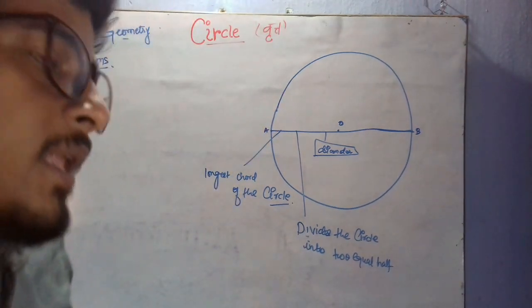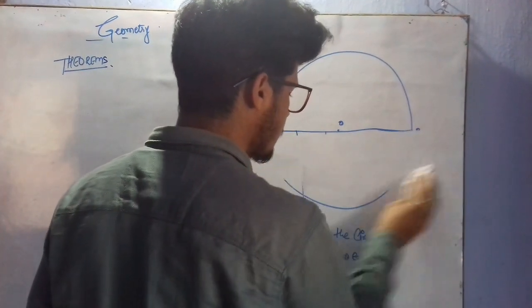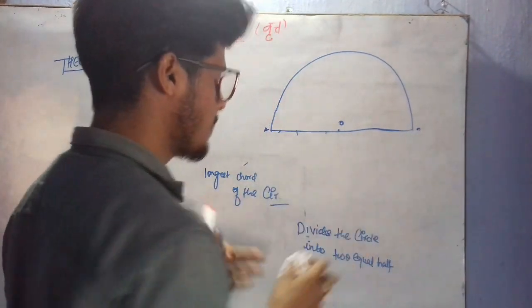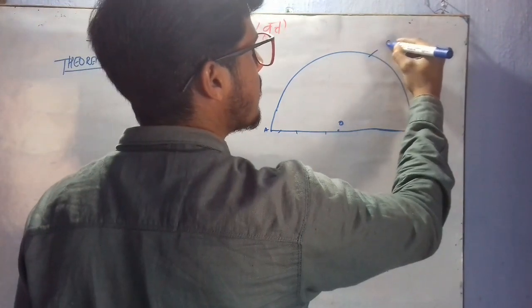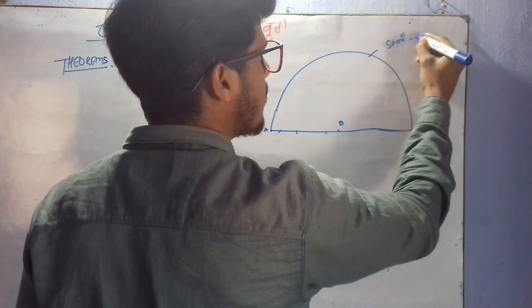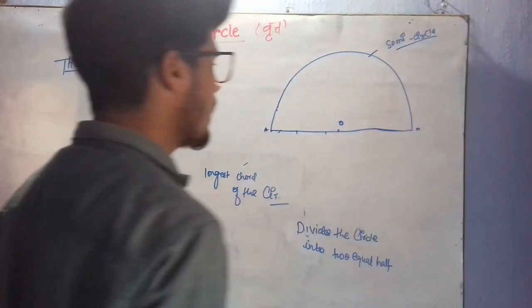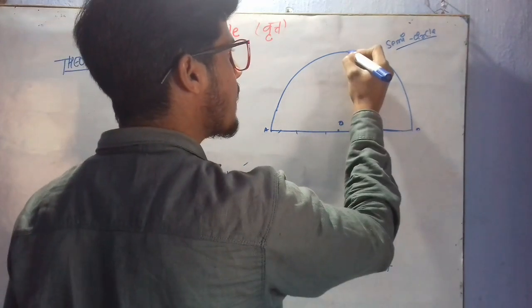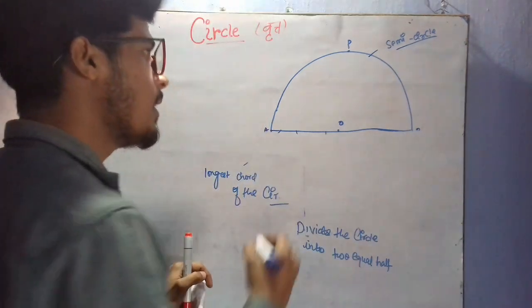So if we erase this part, it will become a semicircle, right? This is called a semicircle, right? So if we take another point P on the circumference of the circle, and if we join this point,